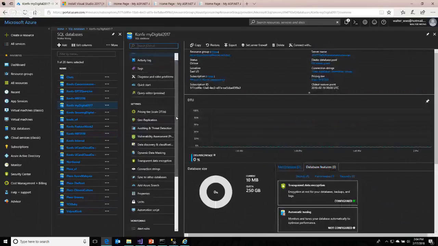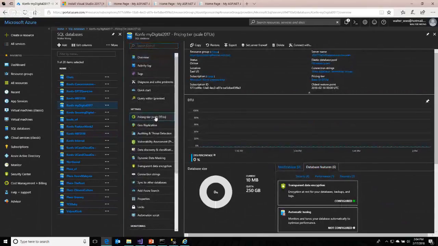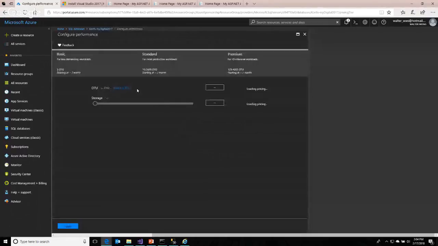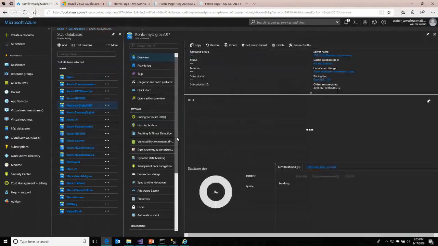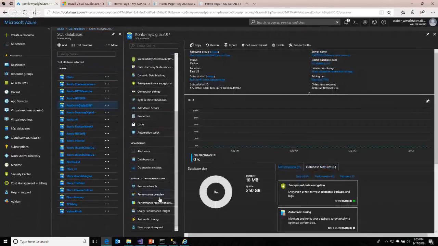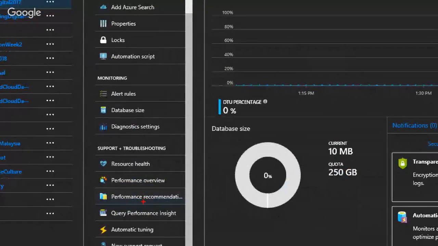Okay. So also for the same thing, for SQL, there's actually a different price tag to it. You can either use the basic one, the standard, or the premium. It tells you how many DTU it has there, and you can adjust accordingly, right? Okay, come back to here. If you scroll down, there's something called performance overview, as well as performance recommendations. If you click on it, the SQL Server will give you some information regarding the performance of your SQL servers. So let's take a look here.